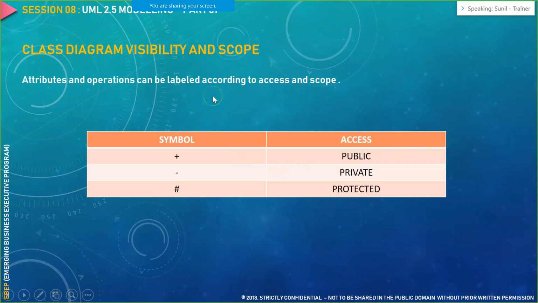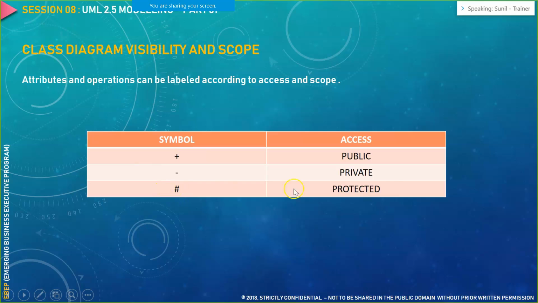Now, when you are doing a class diagram, these are essentially the access levels that you need to enforce. For example, public. Anything is available to everyone. In our typical Facebook example, which I gave you, where user A is able to see all the details of user B, that is your public class, wherein nothing is protected, everything is public.